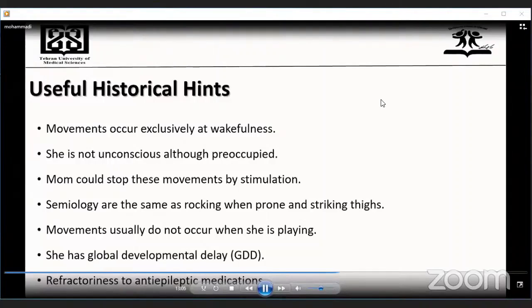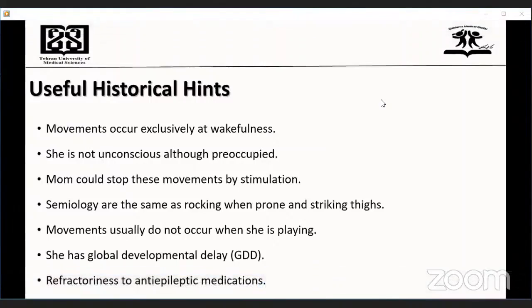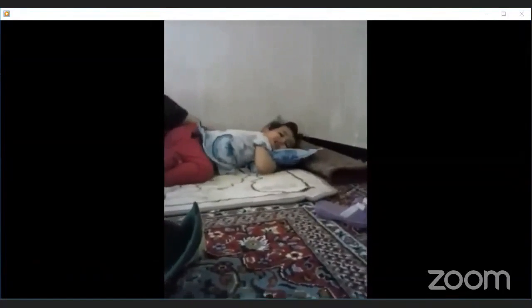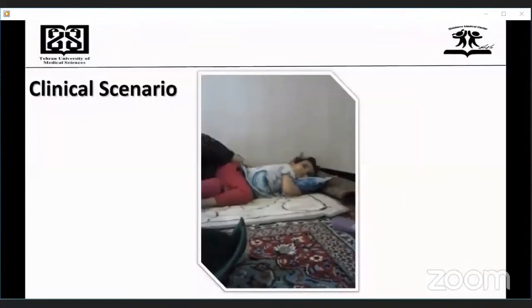Refractoriness to all anti-epileptic medication. Let's look at this video clip provided by the parents. You can see clearly the rocking movements, also striking eyes and legs together. She's awake, she's conscious, but very occupied, and these movements could be stopped